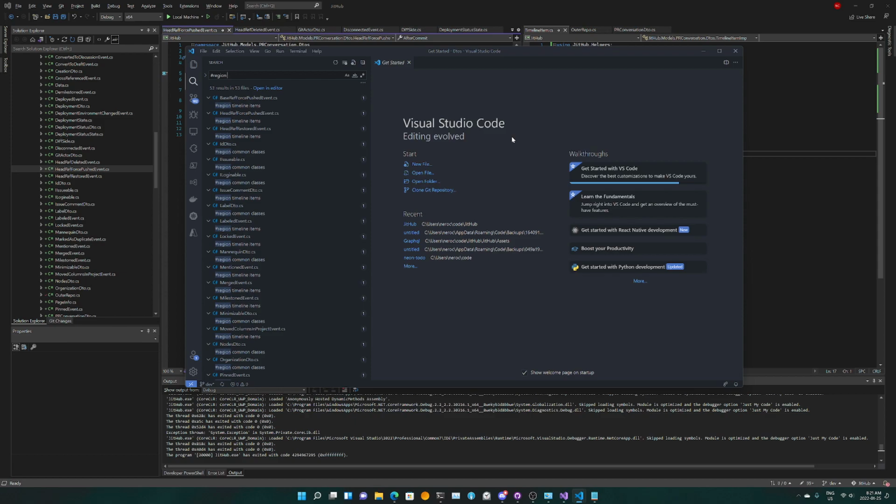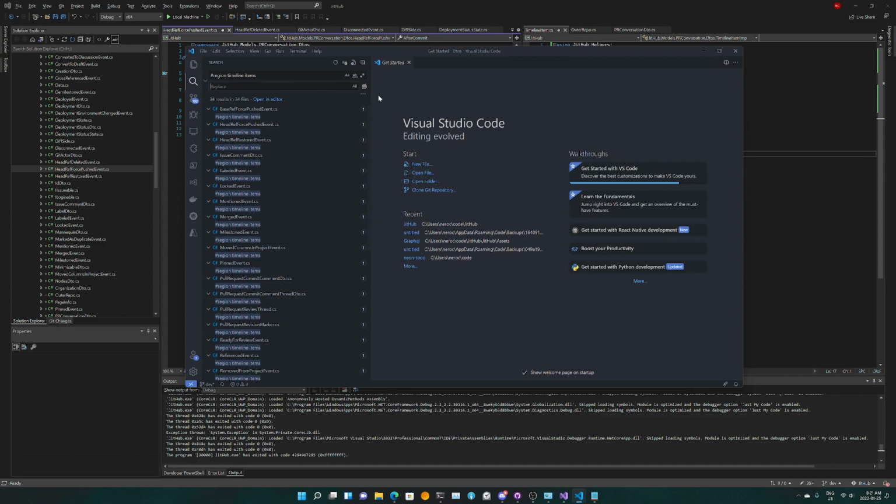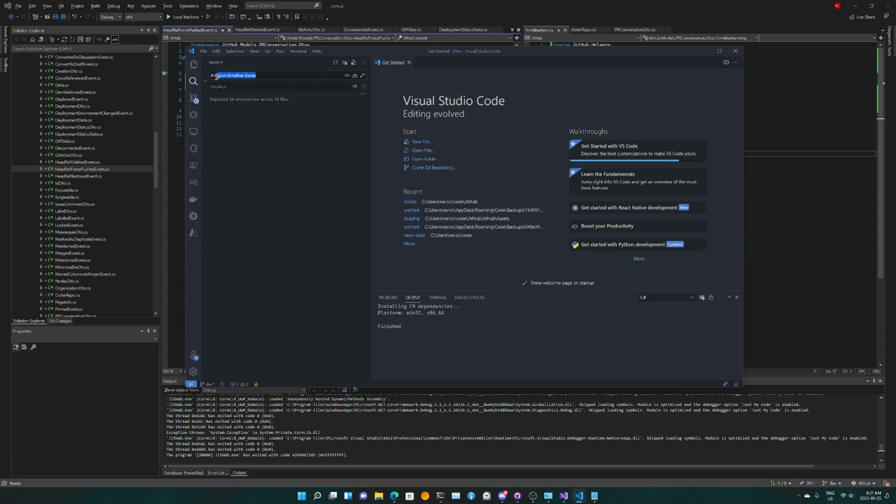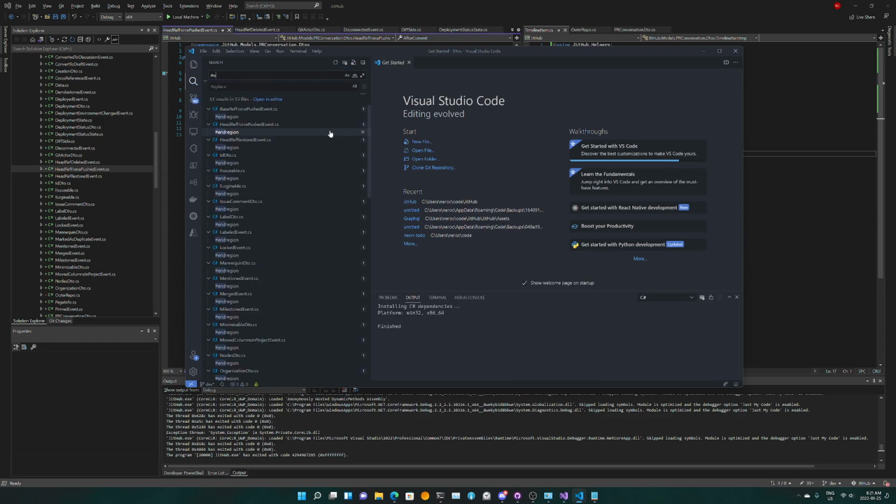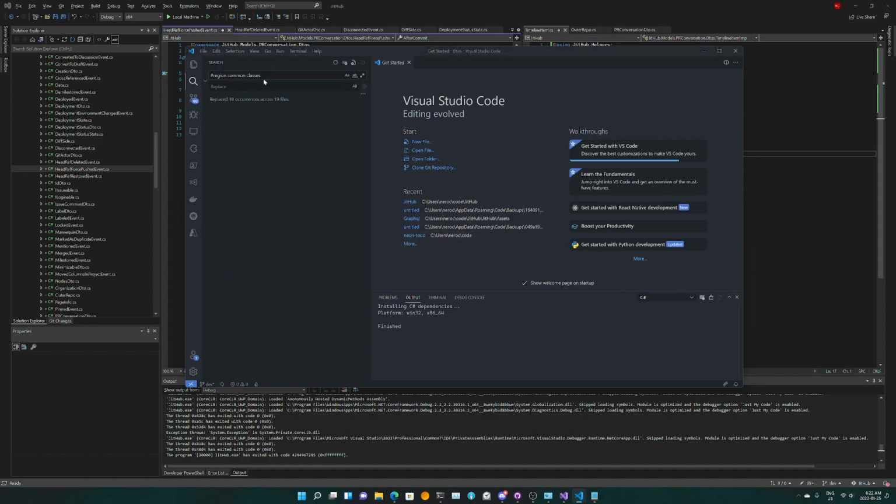And timeline items, and replace it with nothing. Yeah, search for other region of common classes, replace it with nothing.